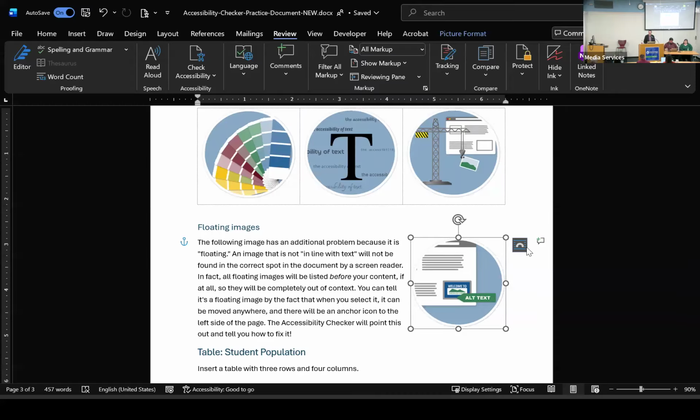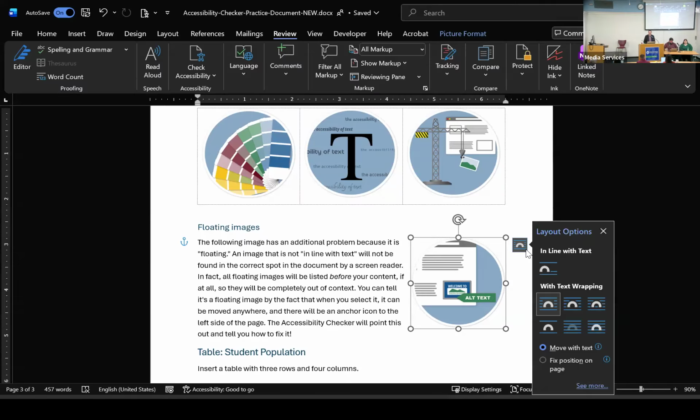So if you notice these layout options that appear when I select the image, I'm going to go ahead and select those layout options. And right at the top, it says in line with text. I could select that there, or